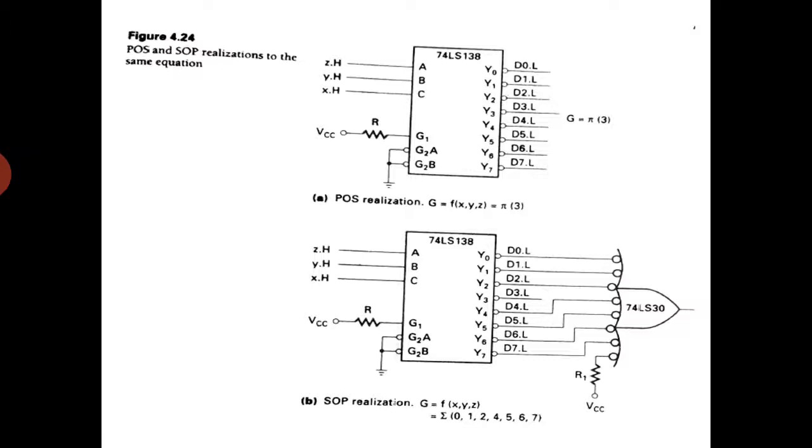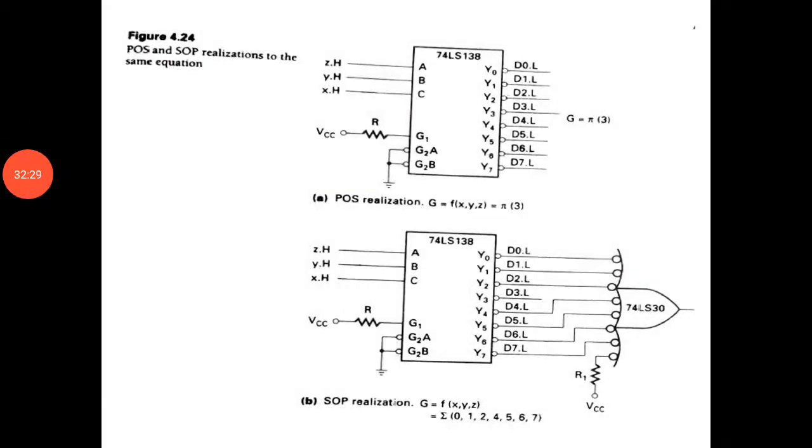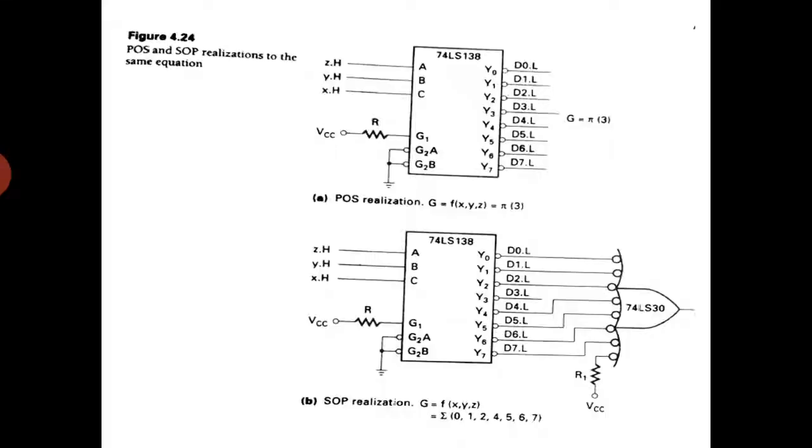One more thing we need to keep in mind: min terms means active high outputs, so for the prescribed min terms the output should come as high, and for the max terms the output should come as 0. We need to keep this in mind while designing the circuits. This class, along with the previous class, was about decoders. In the next class we'll see about the encoders.